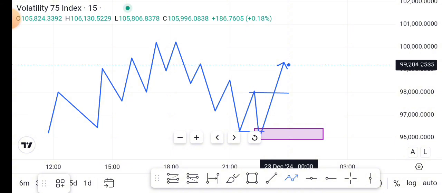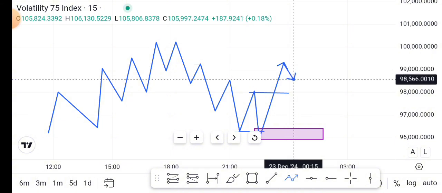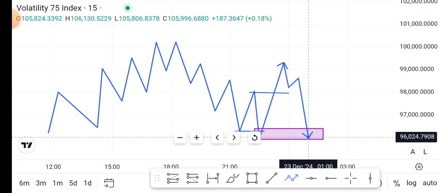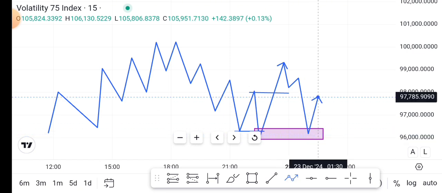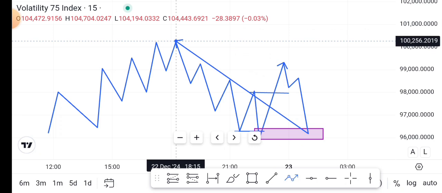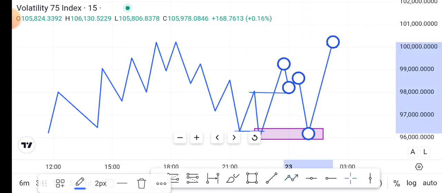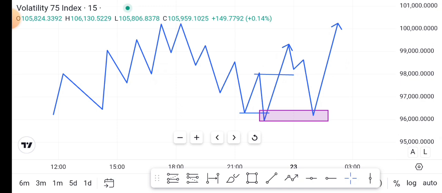We wait for the market to come from this side, do everything it needs to do, tap inside of our order block, and then we move it up. We target this area here. That is going to be our TP, like that. That is what we need. So this is the way we can predict and master where the next price movement is